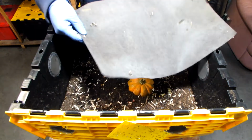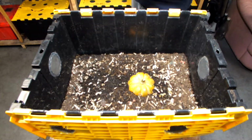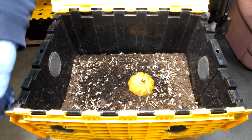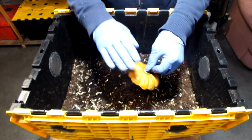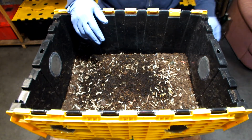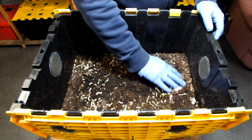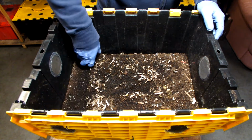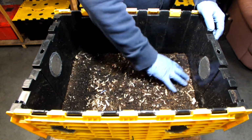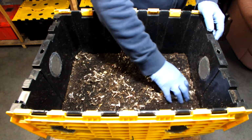These are some new bins, and I'm just gonna go over checking them and feeding them. This is a bin that was actually done recently on 1-3, and this one did have a little bit of food in it. It is a little dry on the top, but I'm just gonna go through it. This one on the top has a lot of what was remaining from the last clean out of this particular bin, the biochar, any coconut coir that didn't break down. So on the top, it is a little dry,